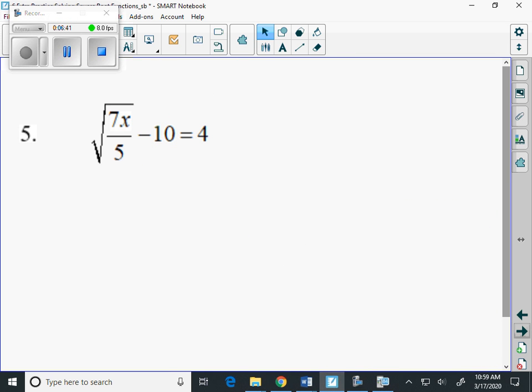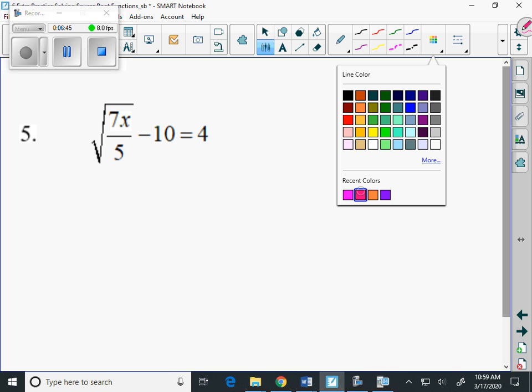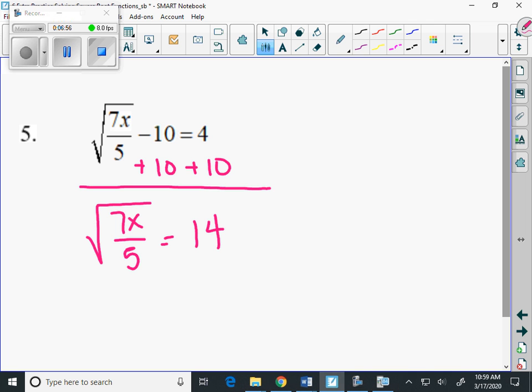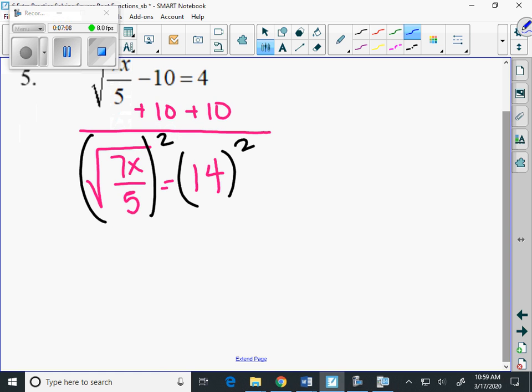Number 5. Same idea. We need to isolate. So we're going to add 10 to both sides. We get the square root of 7x divided by 5 equals 14. Everything's isolated, most specifically the square root. So we are going to square both sides. So when we square both sides, we end up with